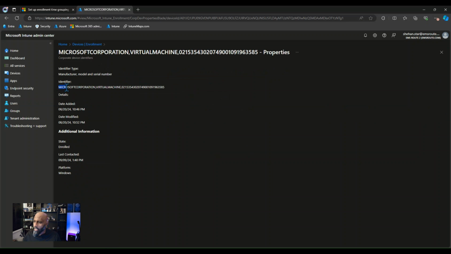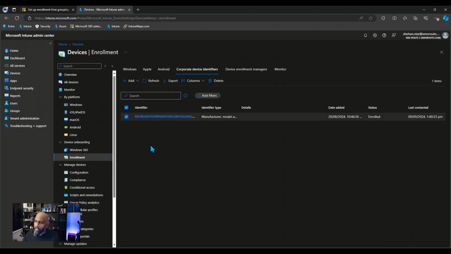It says as the device identifier, Microsoft Corporation is the manufacturer because this is a virtual machine. So the device type is virtual machine, and the serial number is also showing up here as well, and some information on whether it's enrolled and everything. But as a starter, we just need to upload that information into Intune. So for that, you need to use the upload CSV file option,